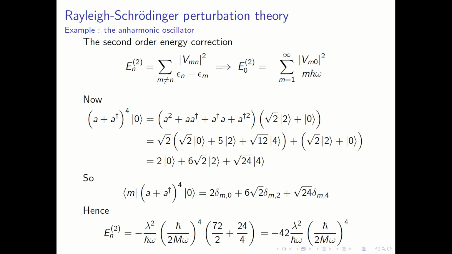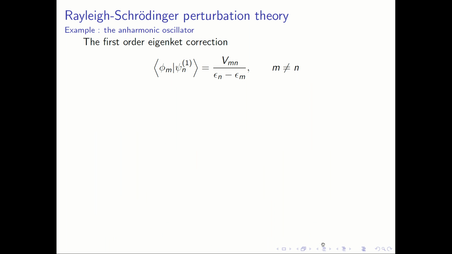And let us wrap up the calculation for this particular problem, the quartic anharmonicity in the harmonic oscillator, at least for the time being. Let's wrap this up with the calculation of the first order energy eigenket. So psi n1, what exactly is that? For that we need these matrix elements phi m with psi n1. So these overlaps really are simply components of psi n1 in the direction of phi m,